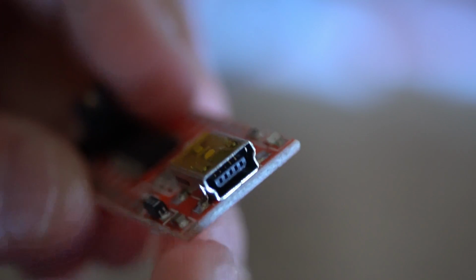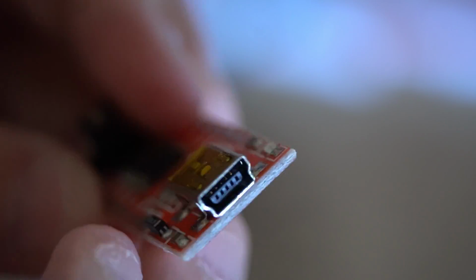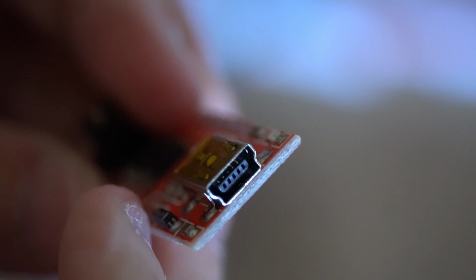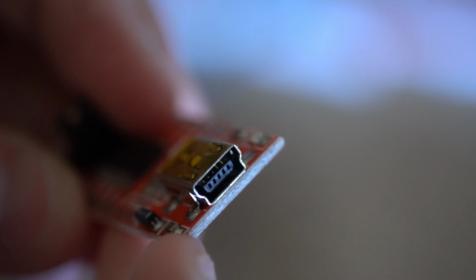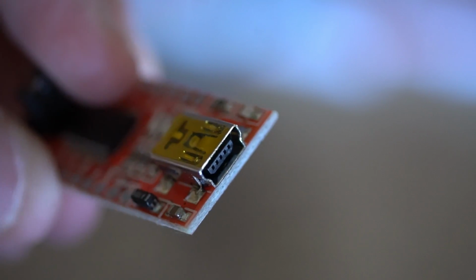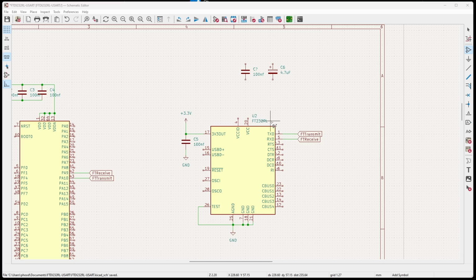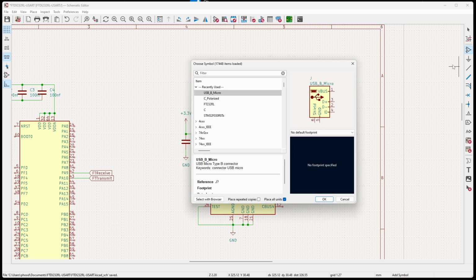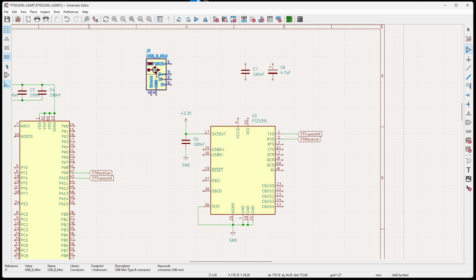This one is the mini connector, so I'll just go ahead and pick a mini. It doesn't really matter which one I pick, mini or micro. I have both cables and a multitude of each, but I'll stay consistent and I'll use the mini. Now we know what type of USB connector to use. Let's go ahead and look that up. So we have mini here, press OK, and then we'll just put it somewhere around here, which is close to